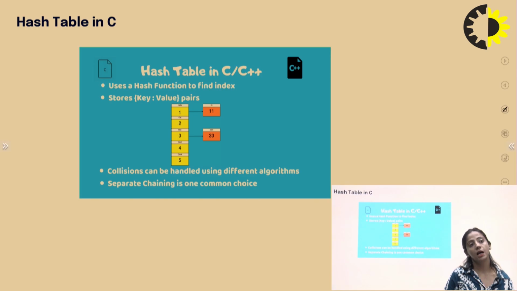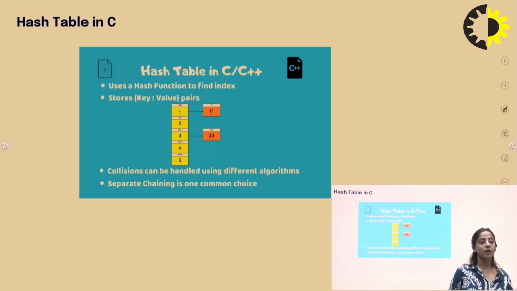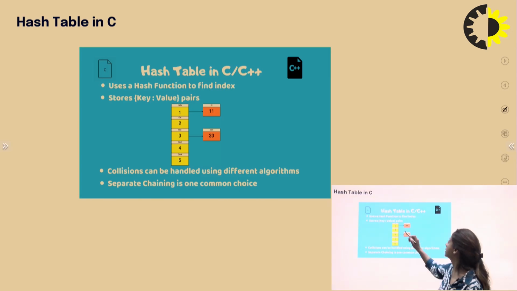Now, what is a hash table in C? A hash table in C uses a hash function to find an index. It stores keys in key value pairs. This is an illustrated hash table. For example, this is key 1 and this is index 1 where key 11 is being stored.